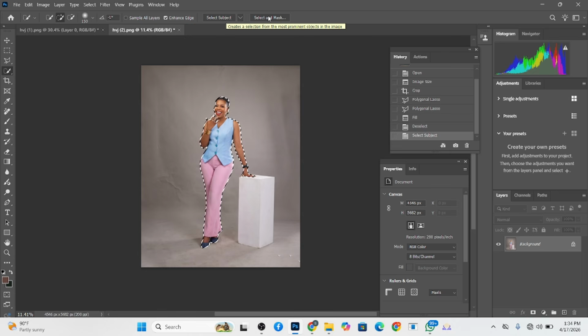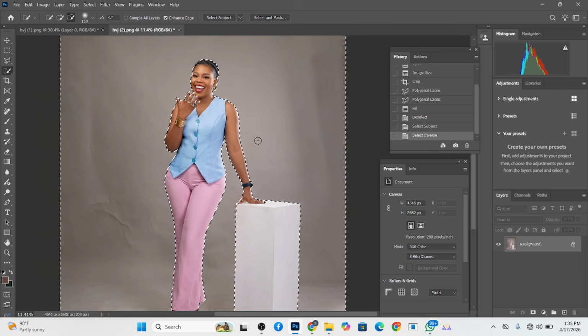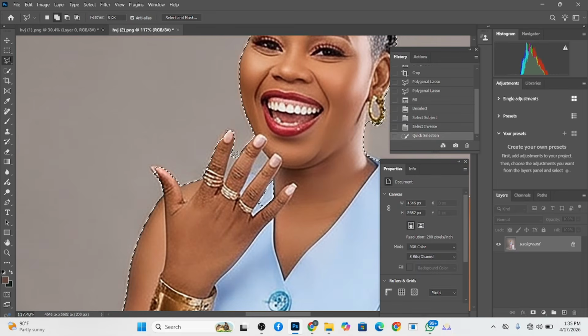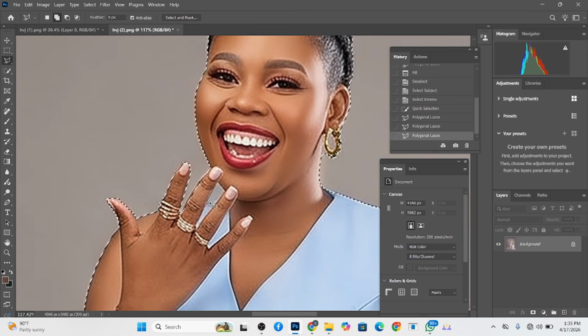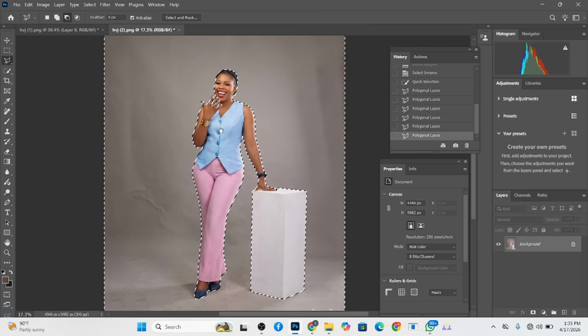Then make sure you deselect the box from that selection. So I'll hold my alternator, use my quick selection to just minus it, then go around, right? To make sure we are good. So with our polygon now, we'll just do what we can. Good. So once you're done doing this, all you need to do